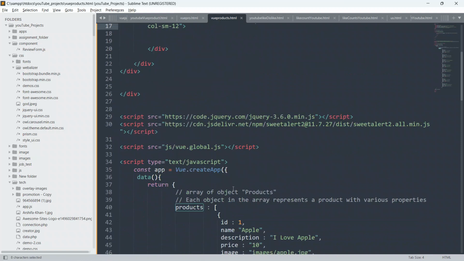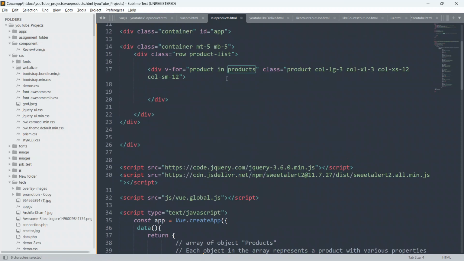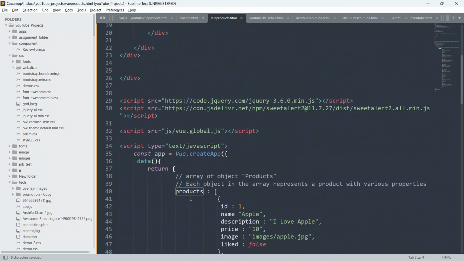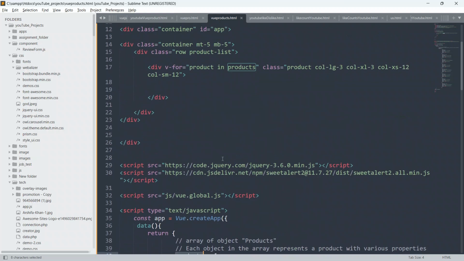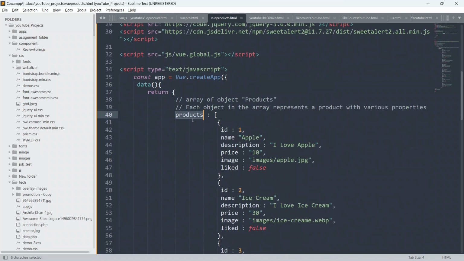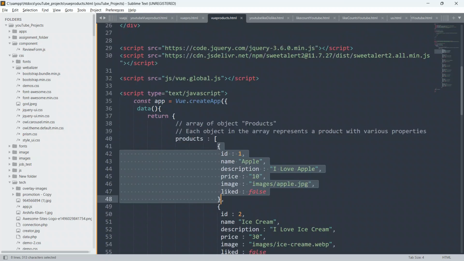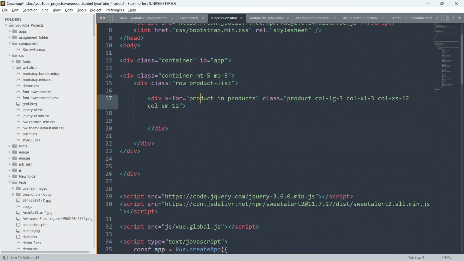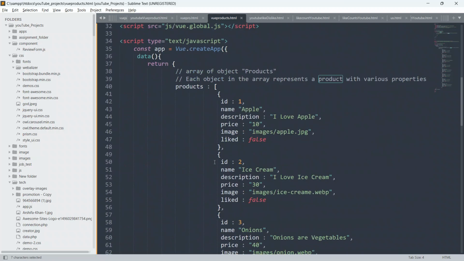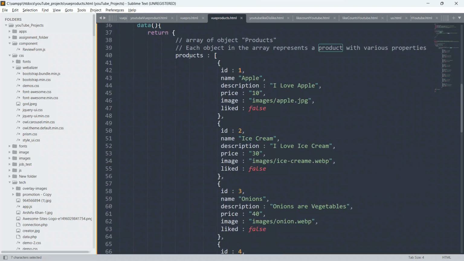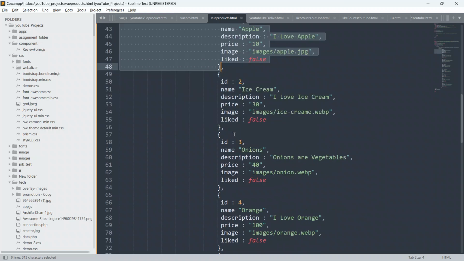So guys, what I am doing here, as you can see, this is the products array. Okay, so this products belongs to this products. And guys, what I am doing here, I will loop through this products array and I will store all these elements one by one inside this product. Okay, so guys, I will loop through this products array, through each and every element one by one. Okay, so guys, this for loop will run 8 times.